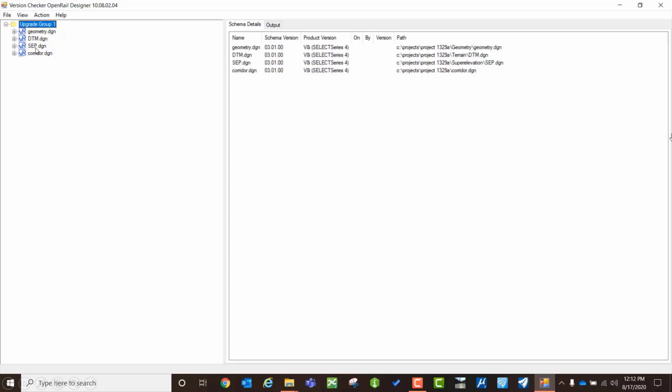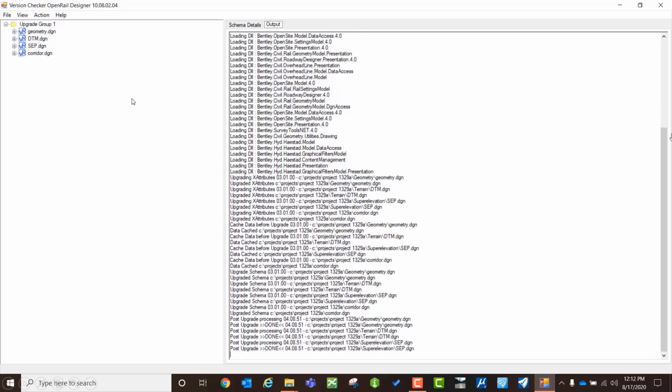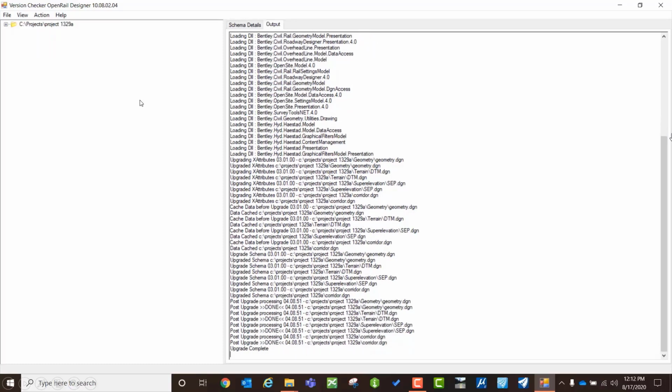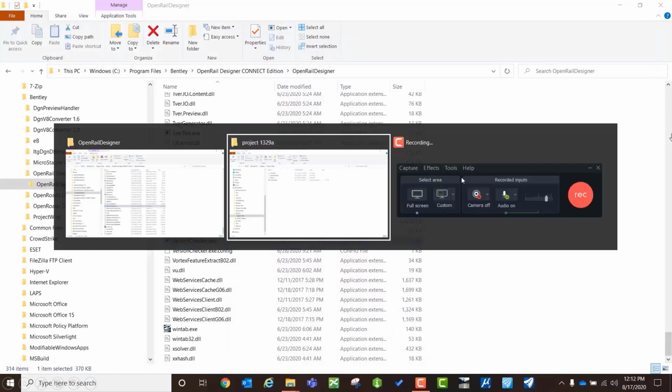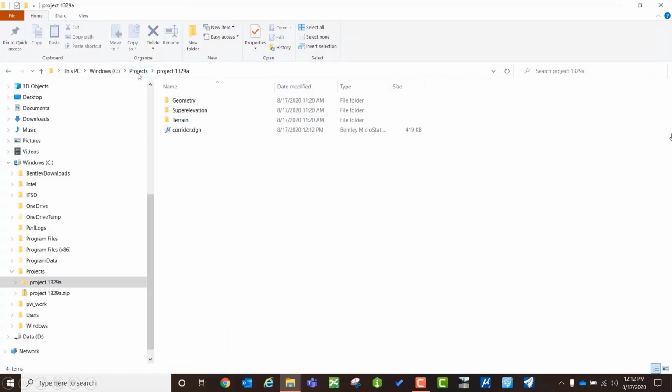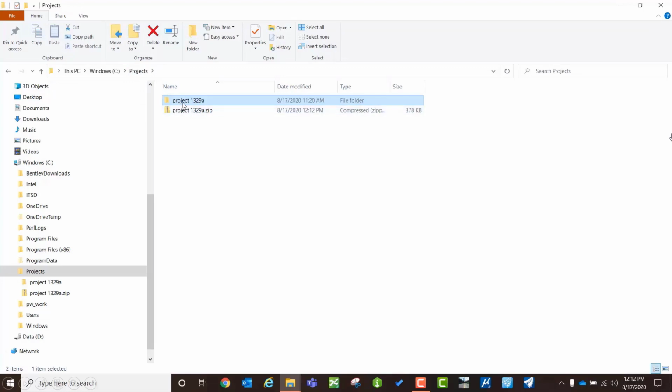Now once we're satisfied that all our files are there, they're in the order that we want them, we'll just come under Action and we'll do an Upgrade All. So it'll go through our project and do all of our upgrades, and when it's done you'll see an upgrade complete. Now what I want to do is go back over to my project directory, and you can see here at the main root directory it's created a project